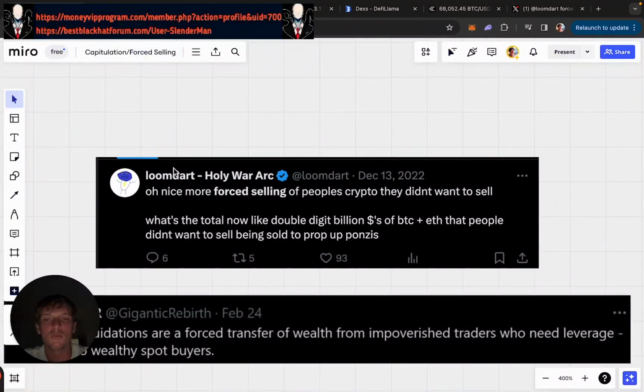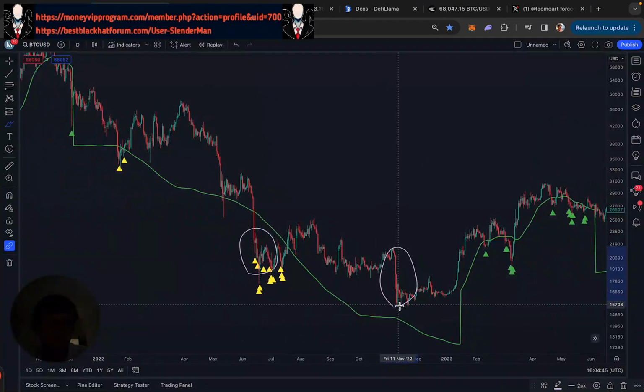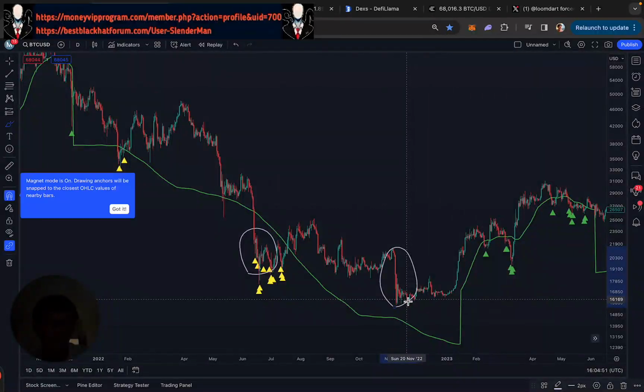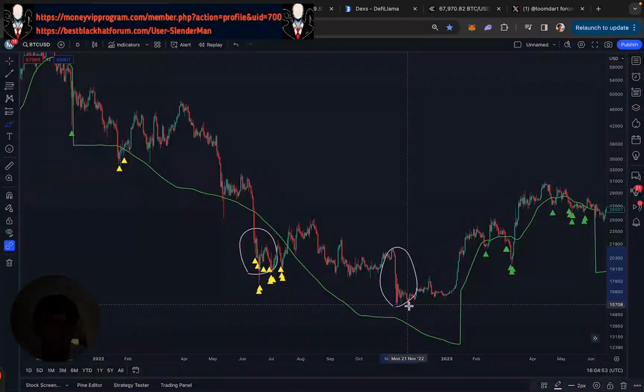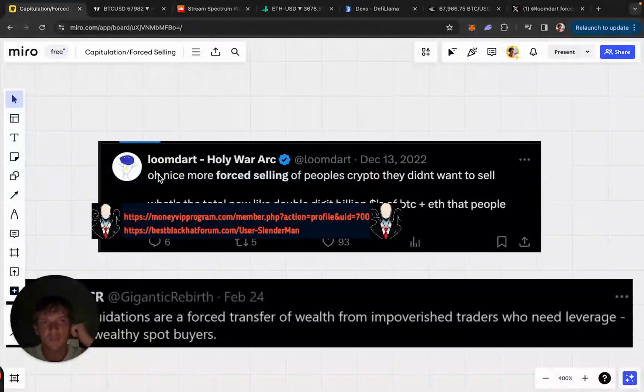So Loomdart tweeted this tweet pretty much at the bottom, right? Let's have a look at the chart. When was the bottom? It was like December, the 20th of December, late November. That was the bottom, okay? My birthday, November the 22nd, was actually the lowest price the market ever went. Isn't that funny? Didn't realize that. So basically,